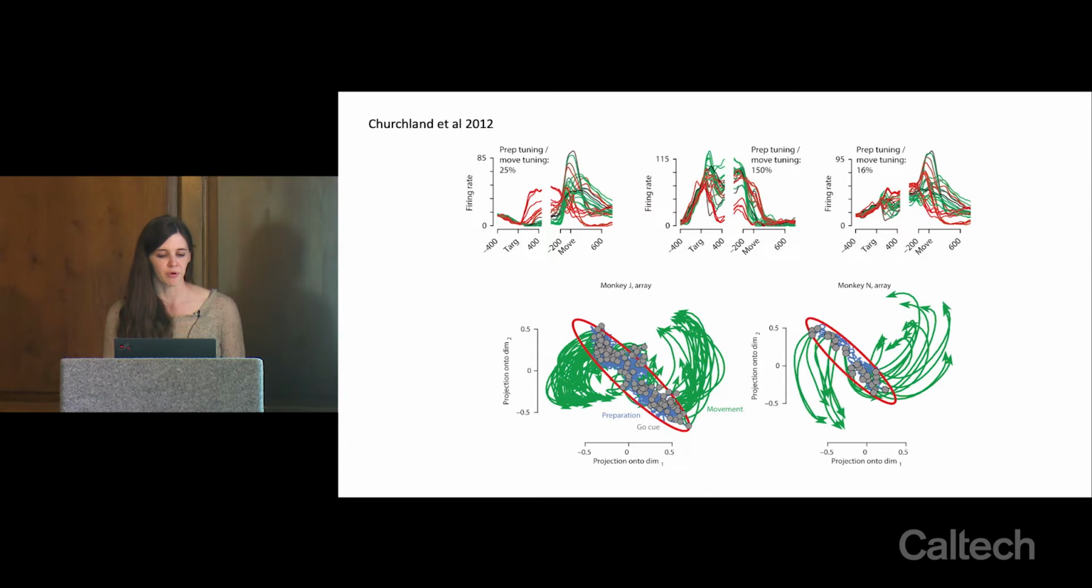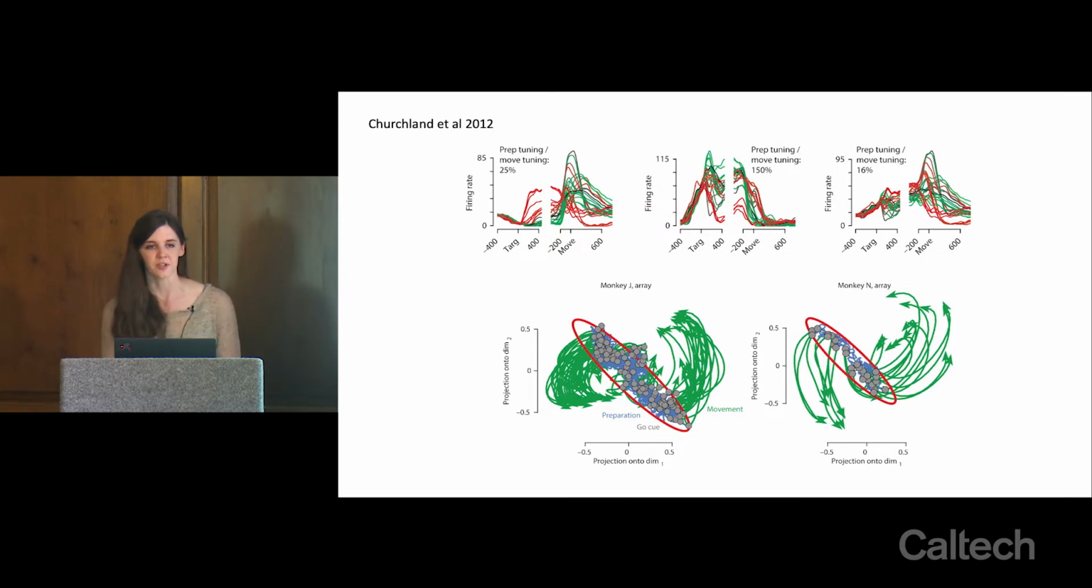Each gray point here is when the go cue appeared and the animal initiated a movement. The lines in blue are the activity during the preparation period, and the lines in green are the activity during the movement period. And after staring at these trajectories for a while, what they realized is that these are two orthogonal signals. When the monkey is preparing to reach, there's a movement of the trajectory in one direction or another